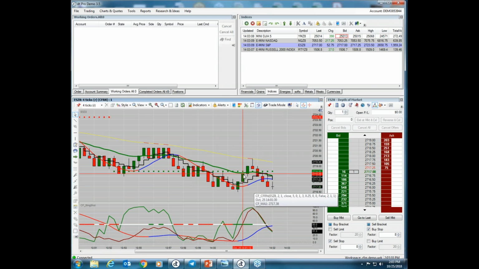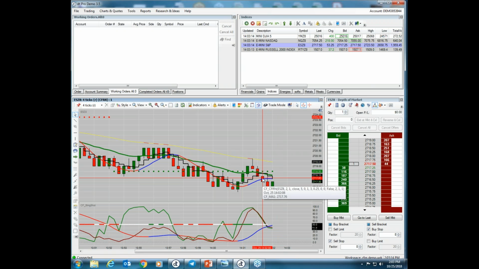So let's see what happens. It's going down. Of course, he would have made a few ticks here. Okay? But again, the short would have been here,